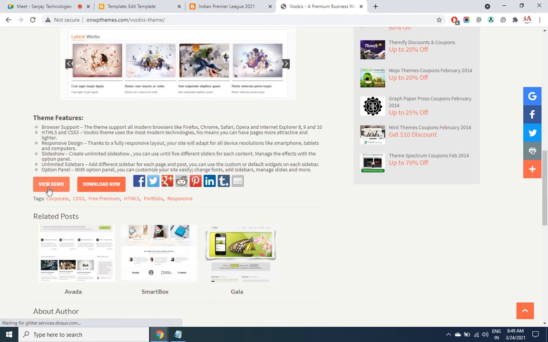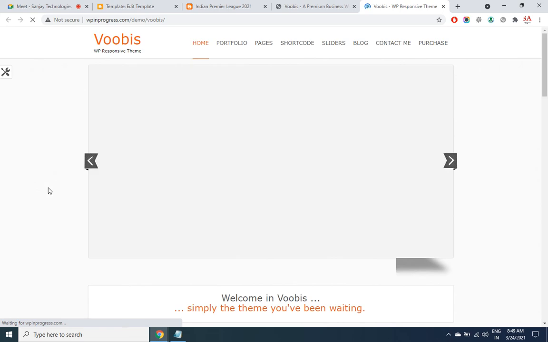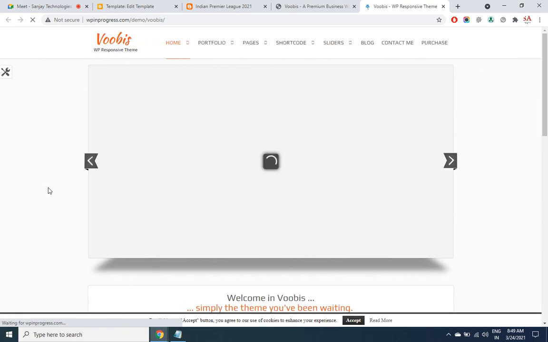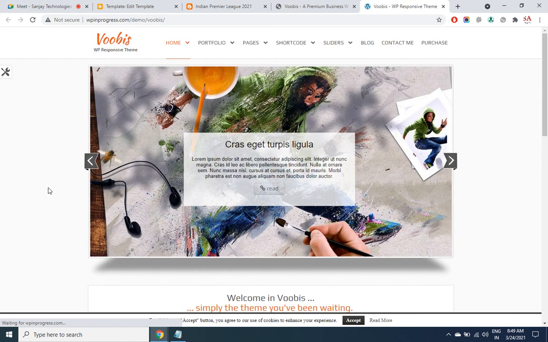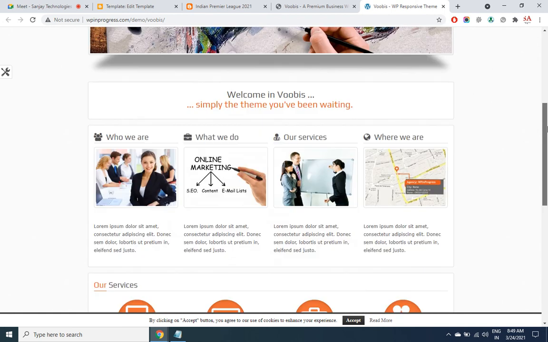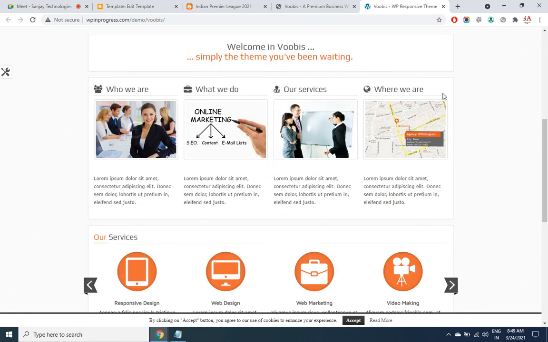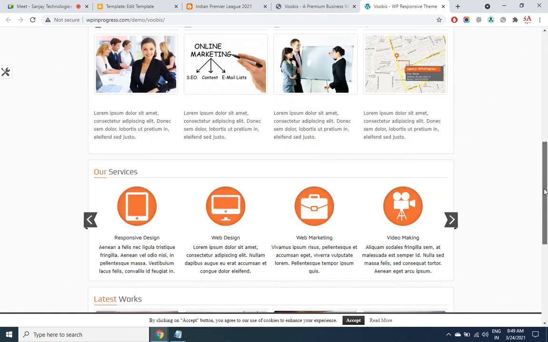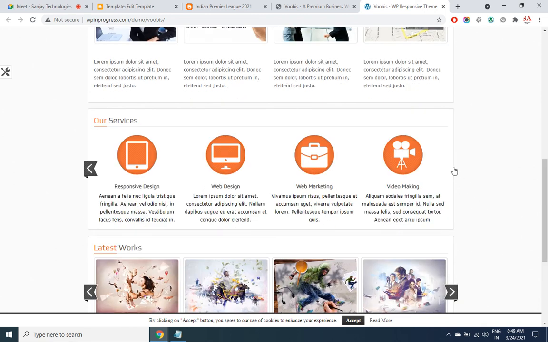You can download it for free, but just have a look at the demo. Why do I like it? It looks very professionally designed. The main attraction is a slider. Look at the menu, the font, good space for the logo. There's a lot of content to show regarding what you have, your achievements. There's an inbuilt slider,